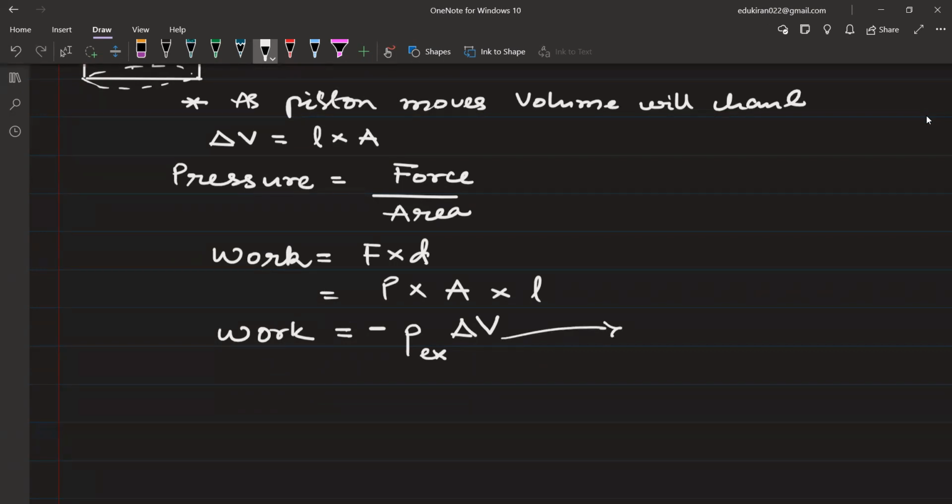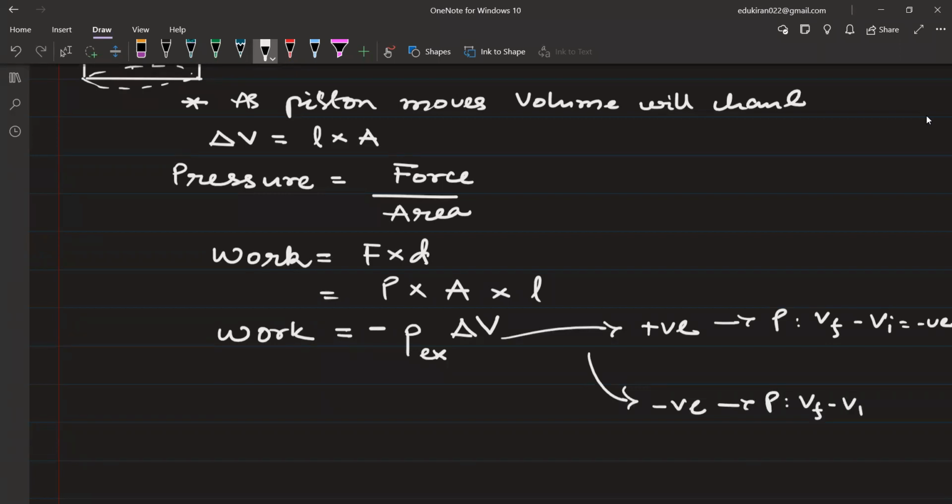नाउ डेल्टा वी इफ इट इज गोइंग टू बी पॉजिटिव, वर्क आपका अगर पॉजिटिव होगा तो पिस्टन के लिए वी फाइनल माइनस वी इनिशियल आपका नेगेटिव होना चाहिए, ठीक है। एंड अगर आपके पास वर्क नेगेटिव आया तो वो पिस्टन के लिए वी फाइनल माइनस वी इनिशियल पॉजिटिव होना चाहिए, राइट। व्हेन वी फाइनल माइनस वी इनिशियल इज नेगेटिव तो वर्क क्या हो जाएगा, पॉजिटिव। एंड व्हेन वी फाइनल माइनस वी इनिशियल इज पॉजिटिव, तो वर्क नेगेटिव हो जाएगा। नाउ व्हाट विल बी द मूवमेंट ऑफ पिस्टन हियर, फाइनल माइनस इनिशियल इज इक्वल टू नेगेटिव, यानी कि